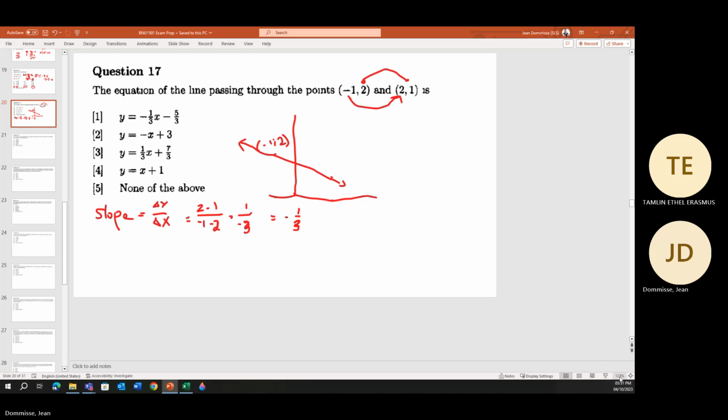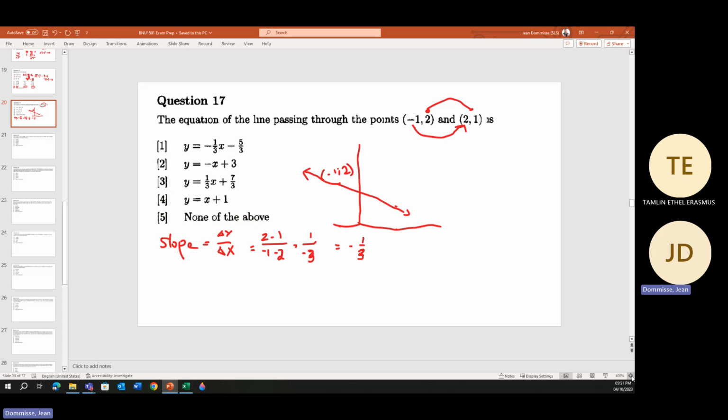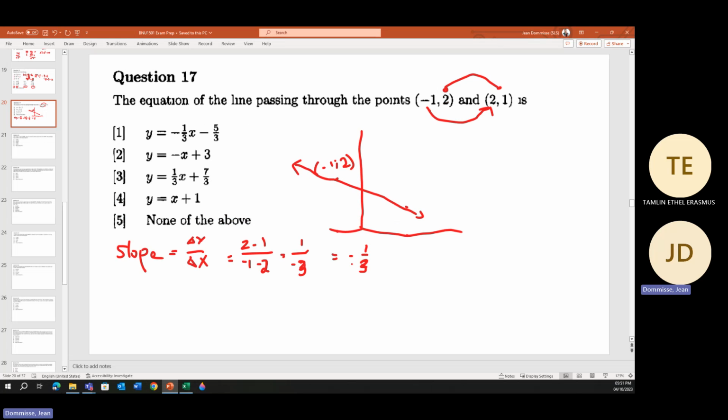One needs to concentrate with these ones. So actually the slope is -1 over 3. So that one can't be. It is minus because that is a negative slope. So can't be,